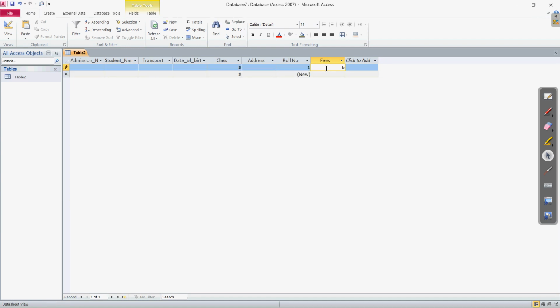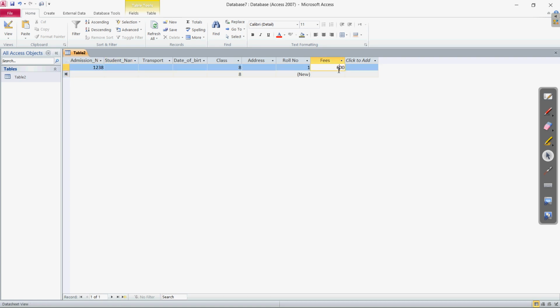So let us see, if I am writing 600, whenever I am entering it, it is okay. Here in the primary key there is an error: index or primary key cannot contain a null value. Yes, we have made an admission number, so write any default value. Suppose this is the admission number of a student, so it is essential to be written.